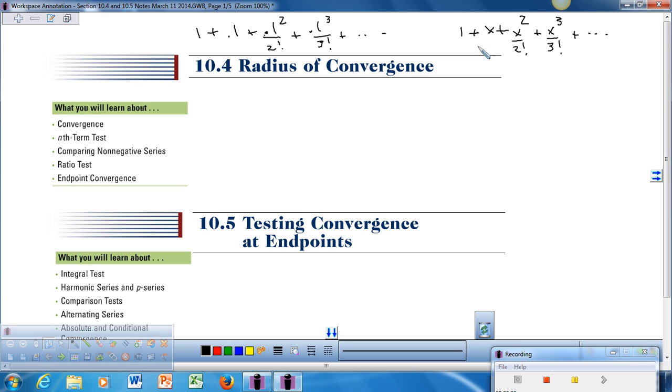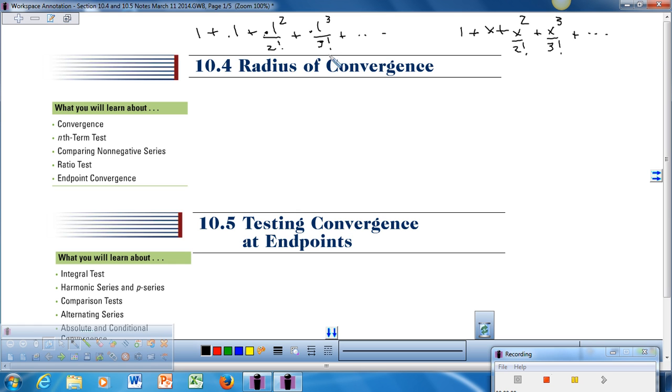So this series represents e to the x because if I add them all up, it's going to equal e to the x. So what does this series equal? Oh, e to the 0.1. E to the 0.1. Right? So when we keep talking about these series and whether or not they converge or diverge, well, if they